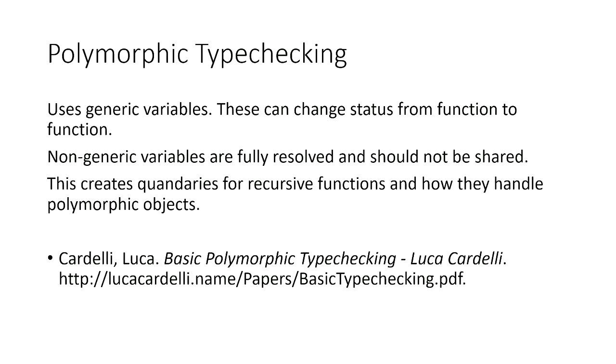I did do a little bit of research into polymorphic type checking because the field really interested me. So based on this paper that I read by Luca Cardelli, he discusses just basic polymorphic type checking based off of the research he's done and some academic contacts that he's discussed this with. So it uses generic variables which describe a type before it is fully resolved. It determines whether a variable is generic or non-generic, and whether it needs to resolve it at runtime or before